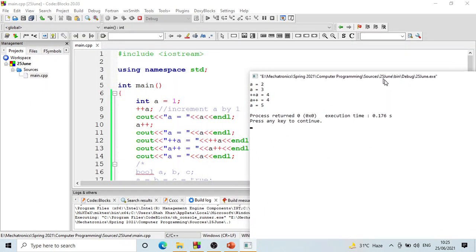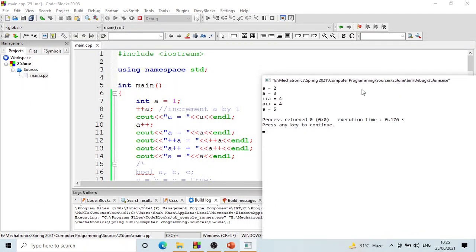Okay, so let us compare side by side. int a is equal to 1, so a की वैल्यू 1 है, प्री इंक्रीमेंट a को आपने प्री इंक्रीमेंट कर दिया, 2 हो गया, सी आउट a is equal to 2 प्रिंट हो गया, ठीक है। देन वी पोस्ट इंक्रीमेंट a, 3 हो गया a, फिर हम कहते हैं a is equal to 3, तो उसकी वैल्यू प्रिंट हो गई। फिर हम कहते हैं प्री इंक्रीमेंट a, और a को प्री इंक्रीमेंट करके प्रिंट कर रहे हैं। सो प्लस प्लस a में पहले क्या होता है, a इंक्रीमेंट हो जाता है फिर वो प्रिंट होता है, तो a 4 हो गया।